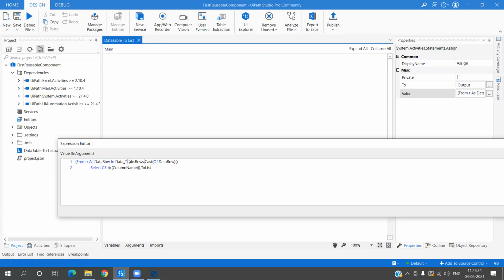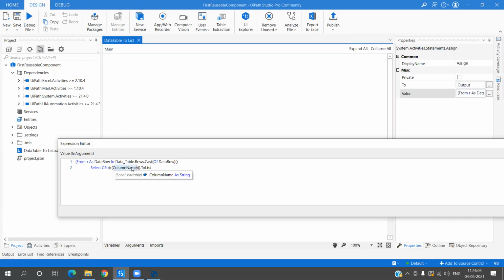From DataTable, this is the data table which the user will pass. That same one we are passing over here, .Rows.Cast of DataRow. So we are casting all the rows of that data table as DataRow, and we are looping over them. Then r.Item of column name, CStr. So this will help us convert it to the list of strings.